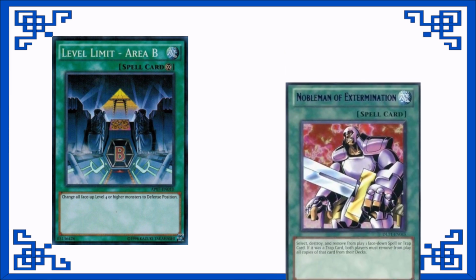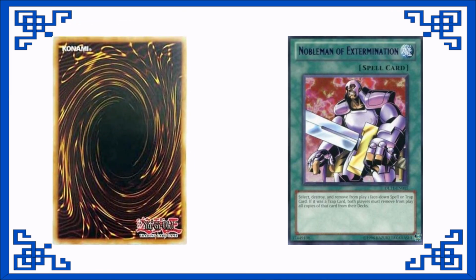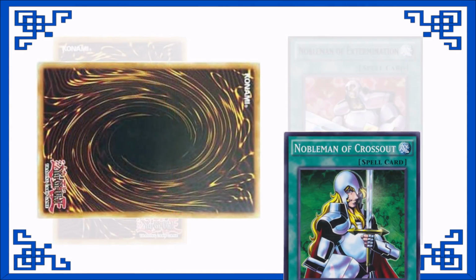One copy of Nobleman of Extermination made its way into a side deck, which is a card that I am not sure many people were even aware of. This counterpart to Nobleman of Crossout hits face-down spell or traps, and in the case of traps, banishes all copies from both players' decks. Underrated, in my opinion. Speaking of Nobleman of Crossout,